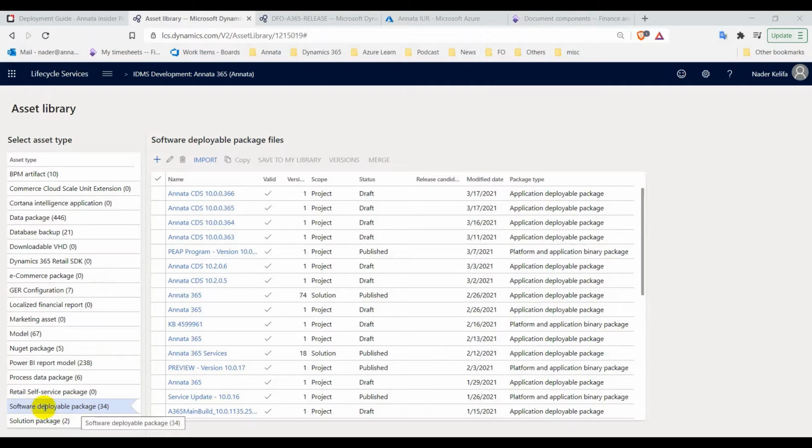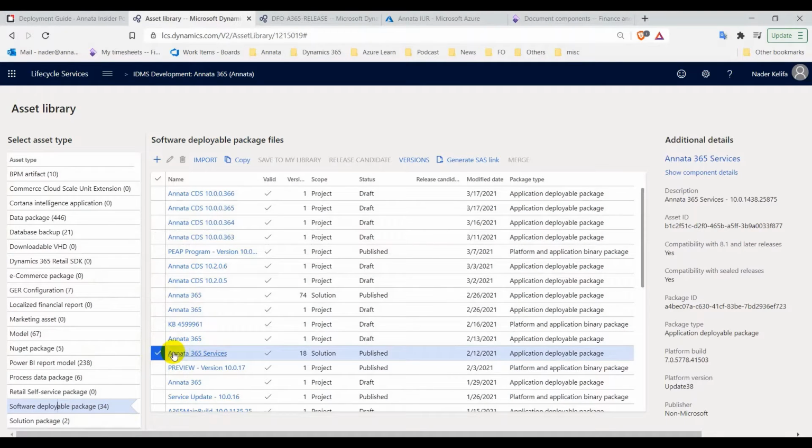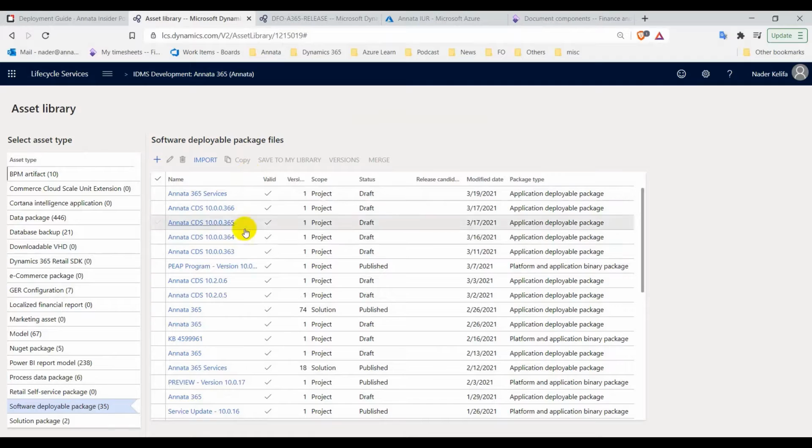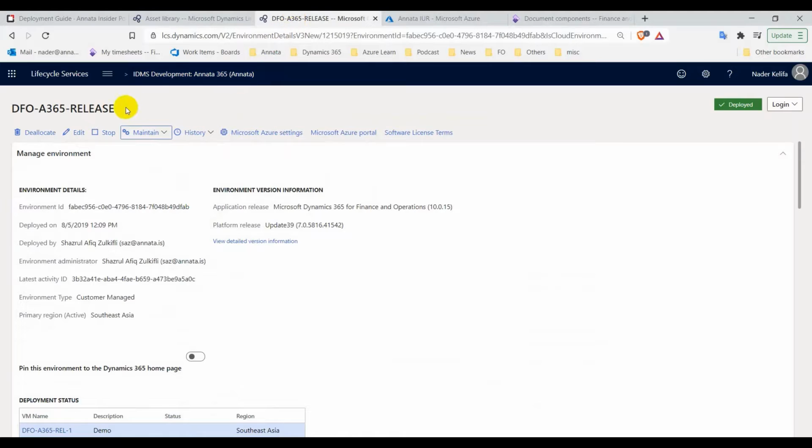Next, click on the software deployable package and look for Annata 365 services. Click on it and click copy. Once the copy is completed, we need to go to the environment details in which the FNO environment is available. Then click on maintain, apply updates,